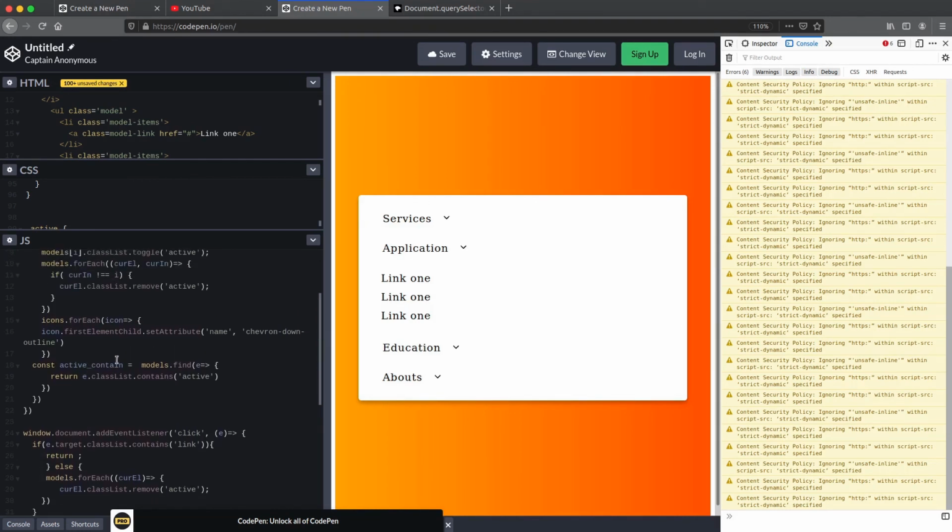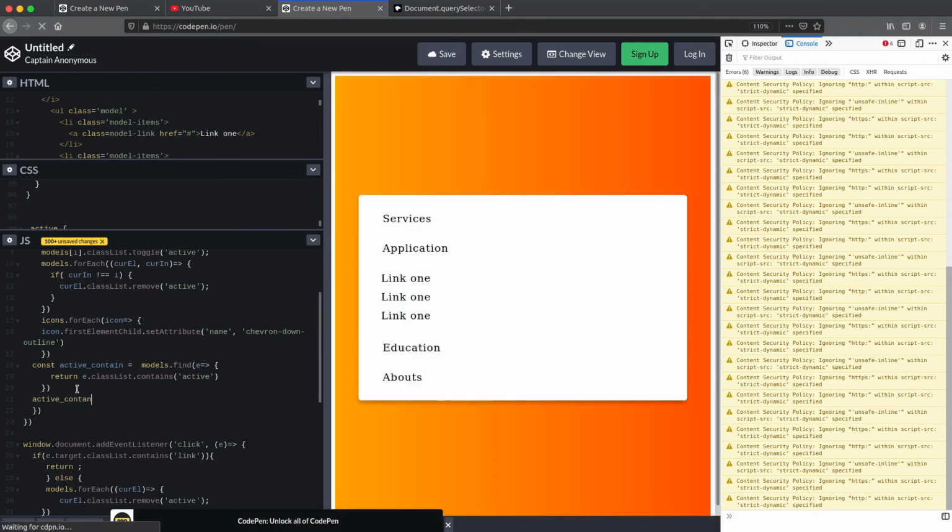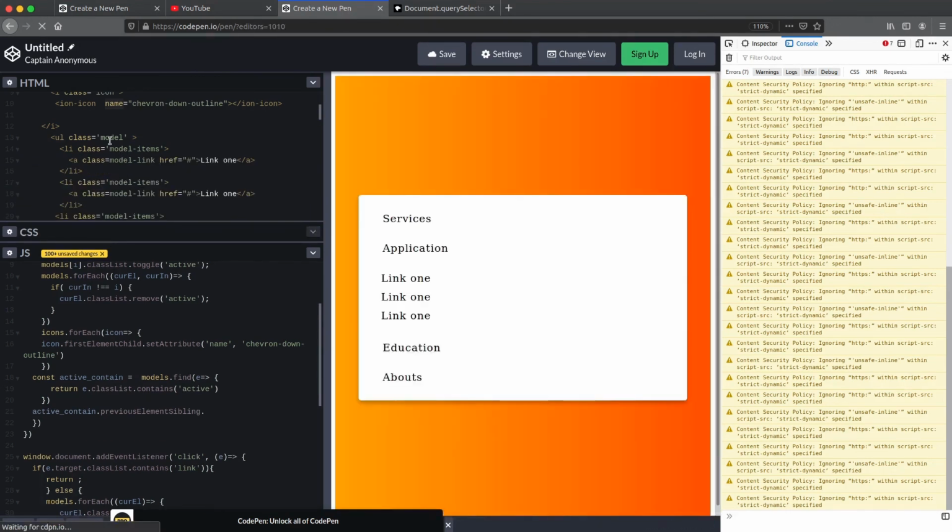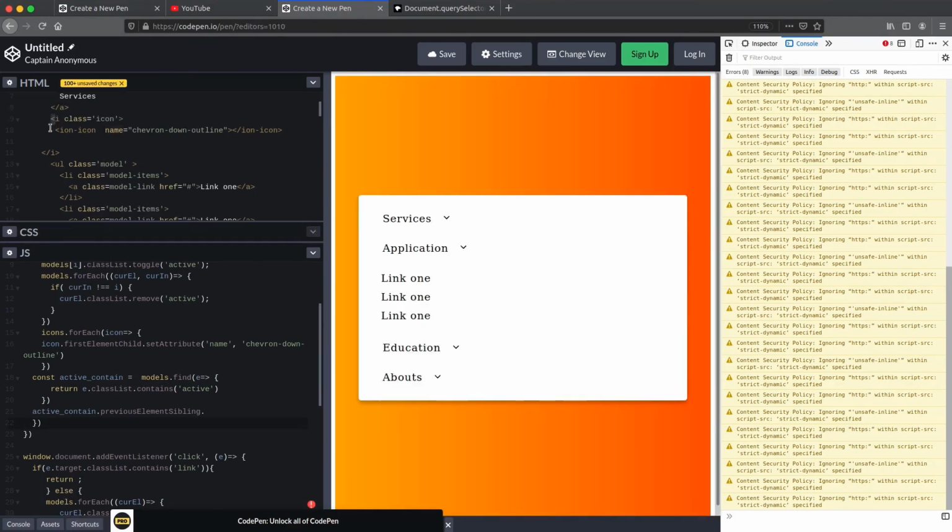So what we do here, activeContain, I want to move one more element up. So I have to go previousElementSibling. This is such a long name, and from there, suppose this is our selected model, and now it's selected this icon. I want to select this ion icon.